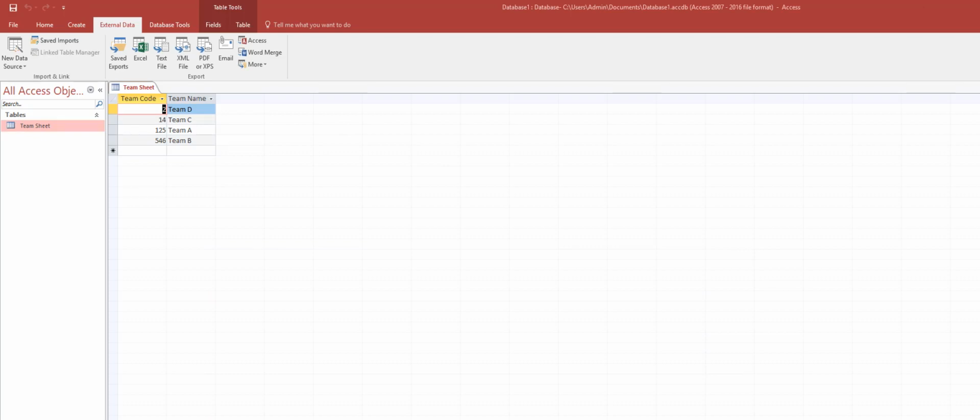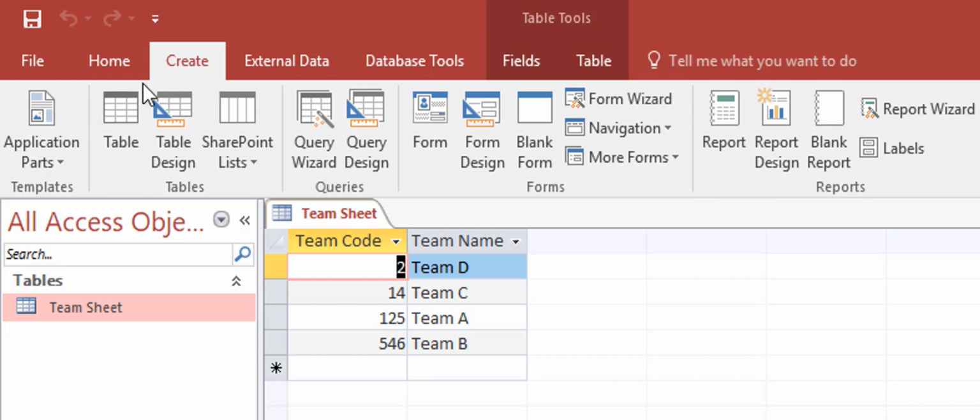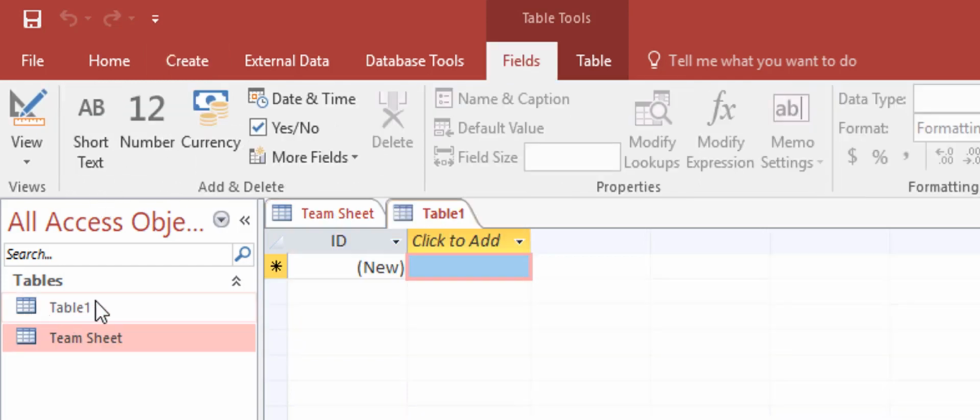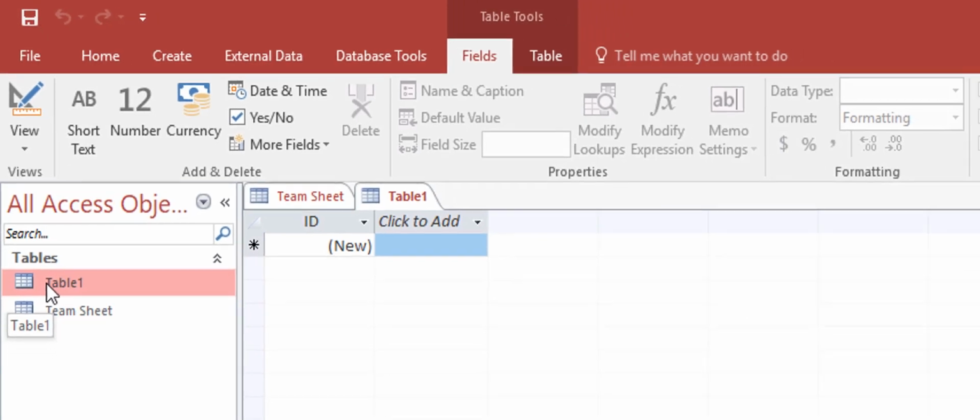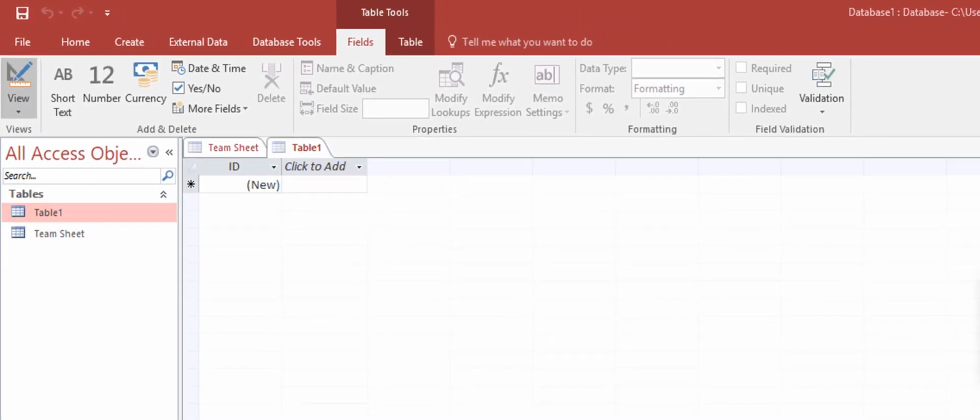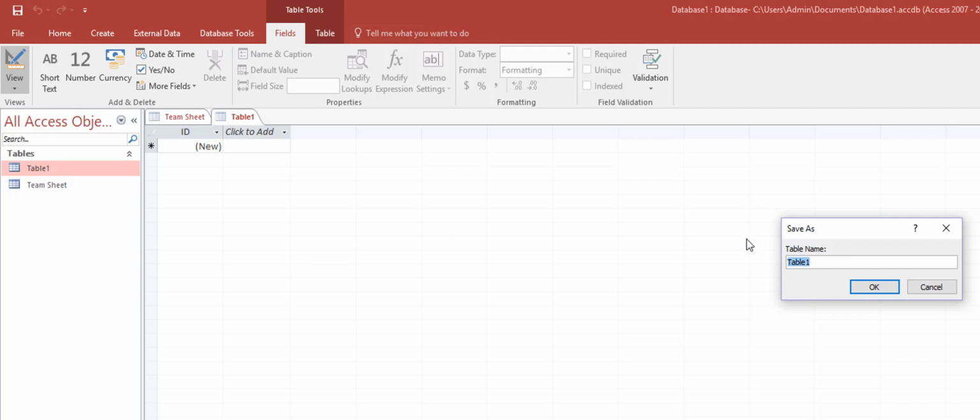So let's look now at how to just create a table. So that was one way we were able to make a table. The second way we were able to make a table is directly here inside of Access. So I'm going to go to table right here. Under tables, create table. And now from here inside of this table, I'm going to go into the design view. And when I do that, I kill two birds with one stone. First of all, I'm going to be able to save my table name. Second of all, I get to go to the design view instead of hitting Control S, saving it, and then going there. So I'm going to call this table